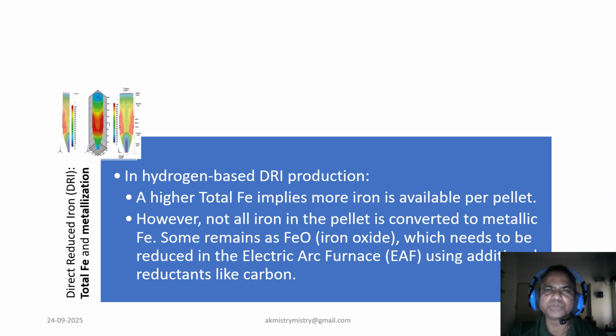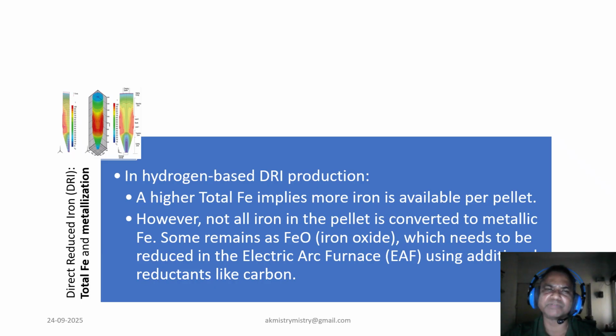So today we are going to talk about direct reduced iron, or DRI, especially in the context of hydrogen-based production. We will discuss two key parameters. One is Fe and the other is metallization. In DRI, a higher total Fe means more iron is available per pellet. This is very obvious